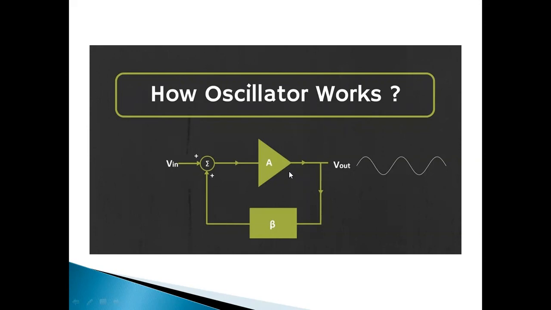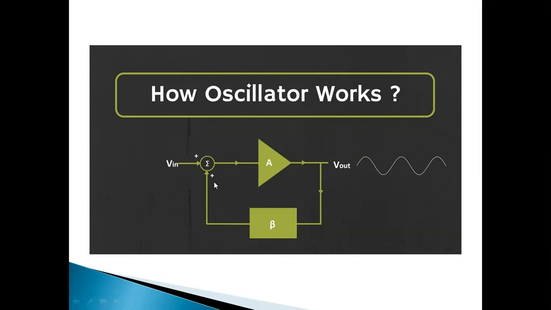Positive feedback means that the output from this circuit is in phase with the input signal. Whenever we are using positive feedback, the output signal is in phase with the input signal. Or else, if you observe the figure, this is the feedback signal, and the feedback signal is represented as a positive signal and the input signal is also represented as a positive signal. That means these two signals are in phase.